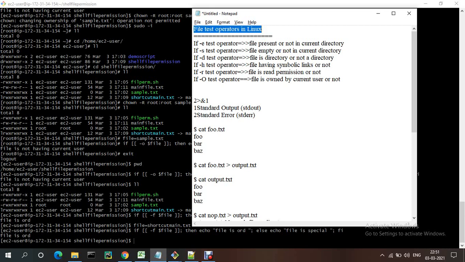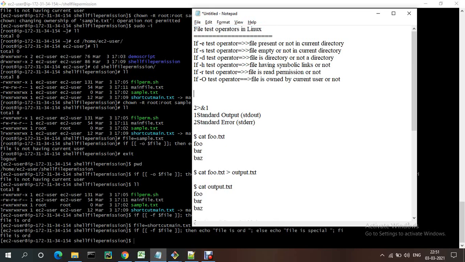Now we will see, in most scripts, that time we will use 2>&1. Here 1 is standard output. Whatever the file output is, it will be declared as 1, the standard output.